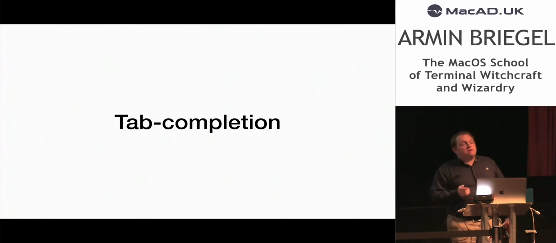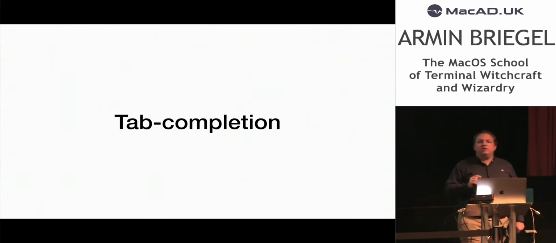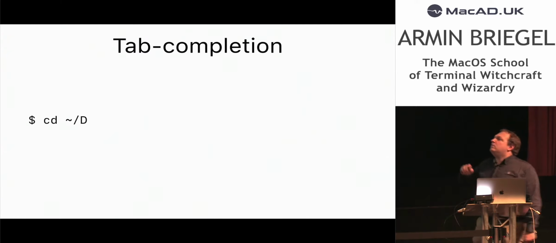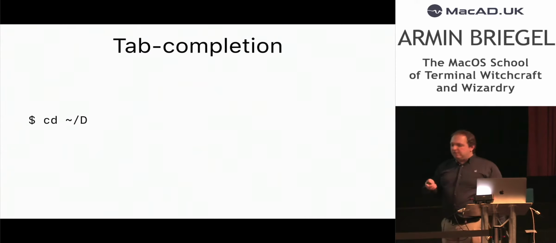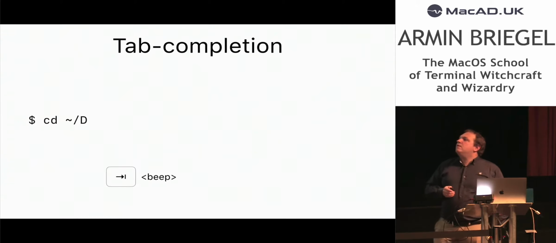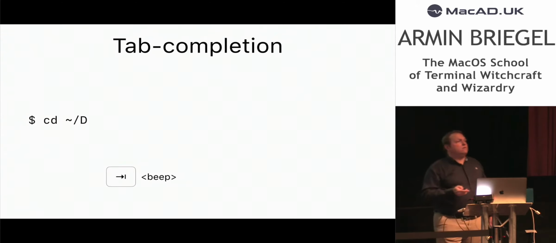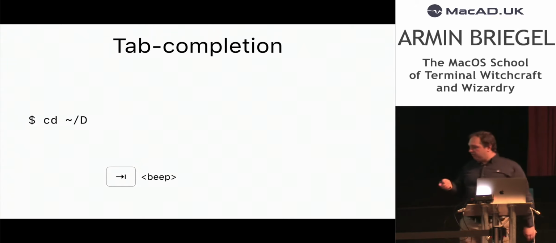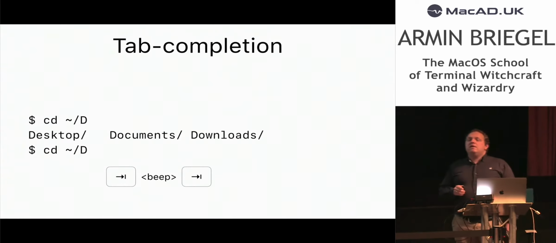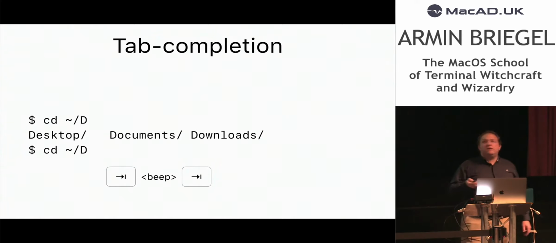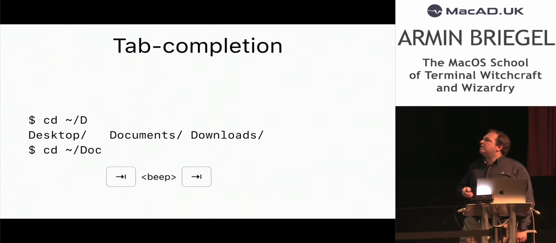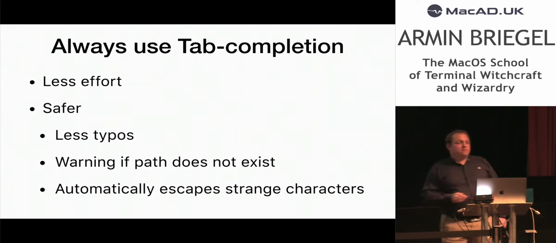If you're typing the paths manually rather than dragging and dropping, you definitely always should use tab completion. So in case you don't know how it works, you type a fraction of the file name, and you hit tab. And in this case, it will beep at me. Why will it beep at me? Because it's ambiguous. There's many possible completions. If I hit the tab a second time, the shell will actually list the possible completions. And I can type more characters to make it specific. And then it will complete the path.